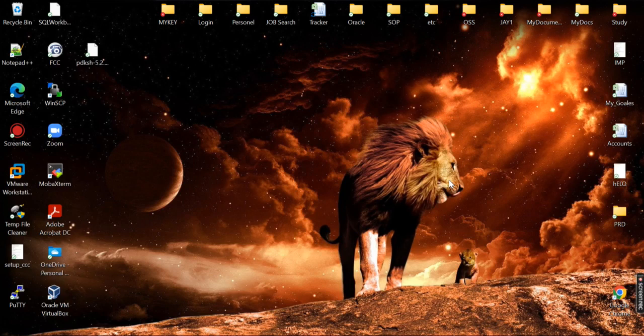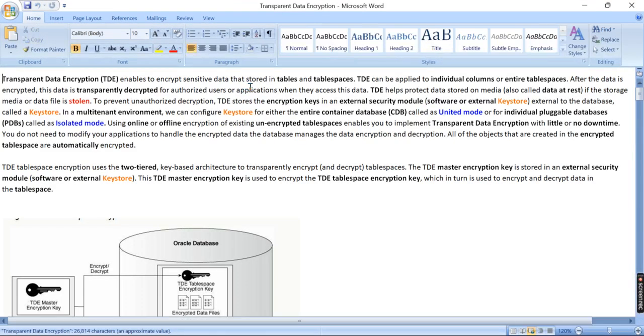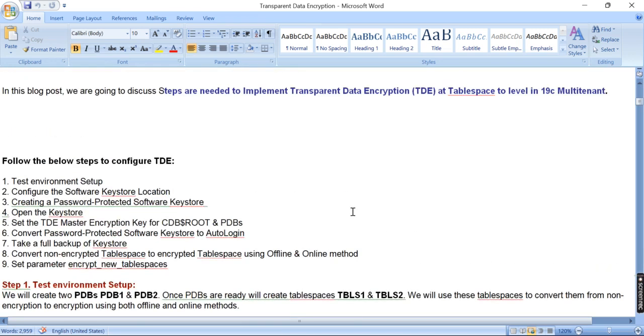So today's topic we are going to cover is related to TDE encryption. There are some slight changes that have been made by Oracle in 19c TDE. Earlier, people used to set parameters in sqlnet.ora, encryption keys and all, but since 19c it has been deprecated. So we'll cover those topics